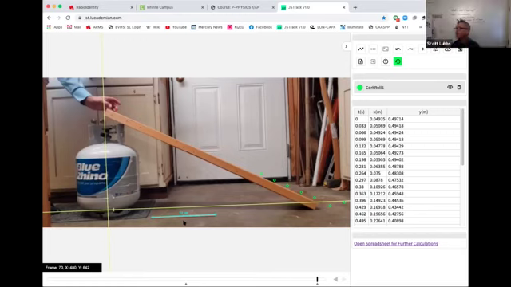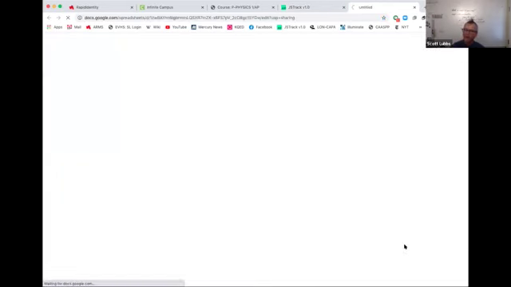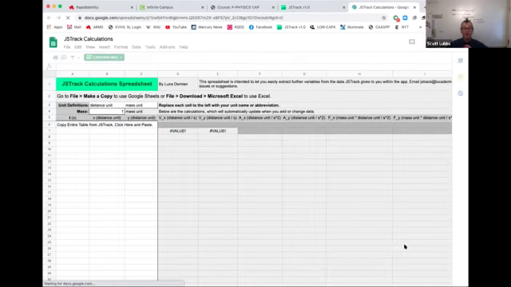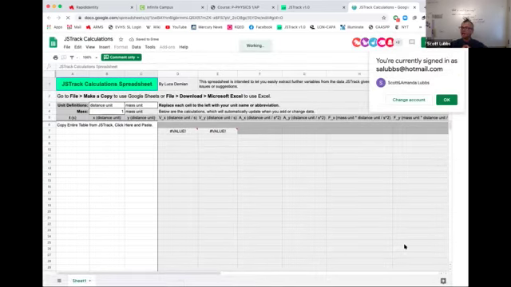So next, now I've got my data set here. I need to put it in another place where I can manipulate it. What is super nice that JSTracker just added, this is a private school somewhere back east, run by people named Keenan and Darby, is open a spreadsheet for further calculations. And so what happens is, here's a nice position versus time. It will do velocity, acceleration, and forces on your objects, provided you know